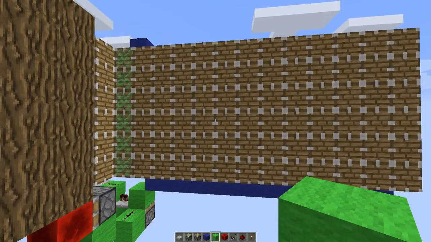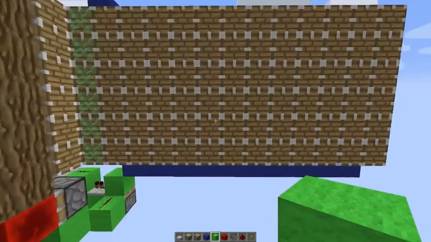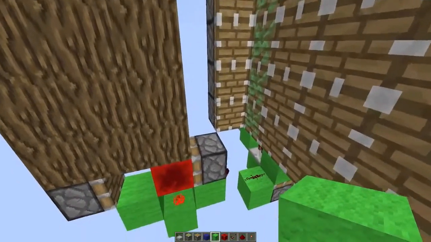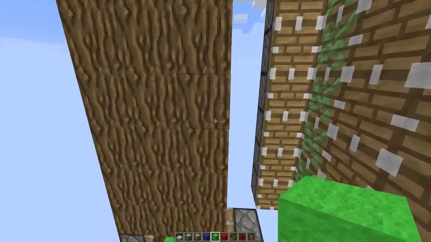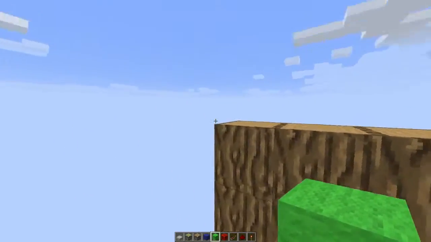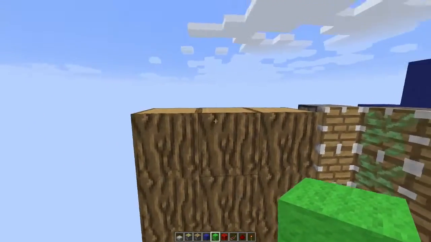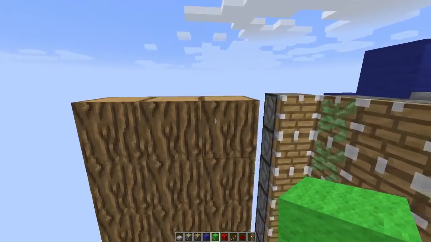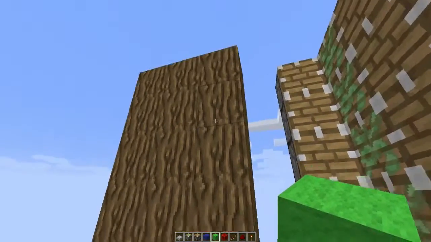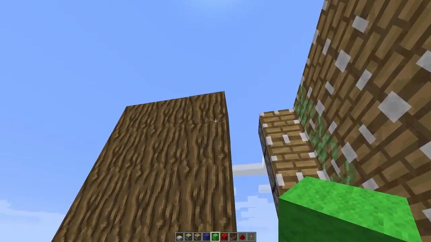Hello guys, Death here with a storage expansion to any kind of semi-automatic farm or block farm. So right now I am using, let's just pretend this is connected to a semi-automatic log or wood farm right here. So that's what this is right here, but this also can be used for a stone gen or cobblestone